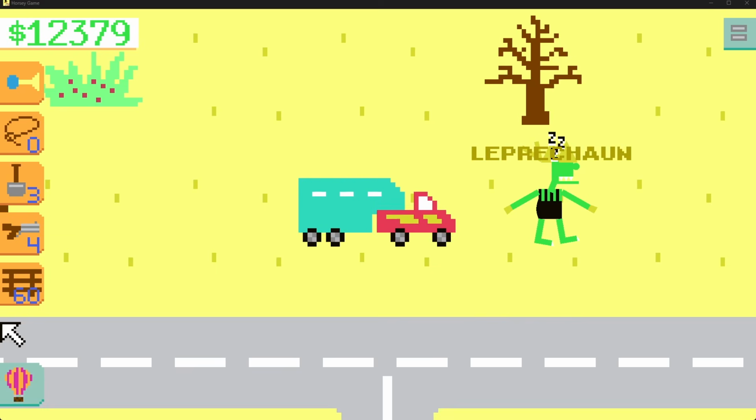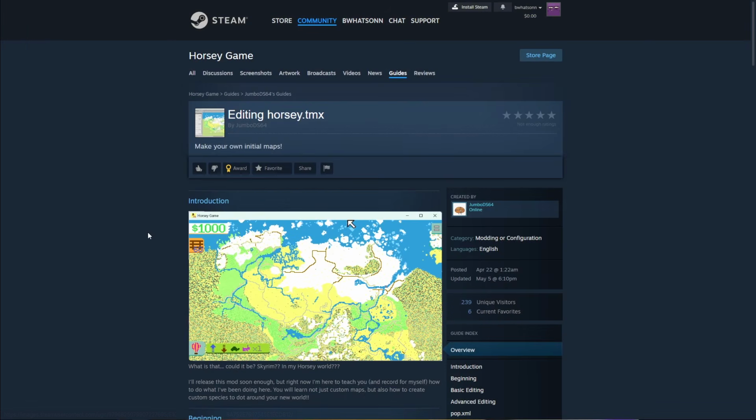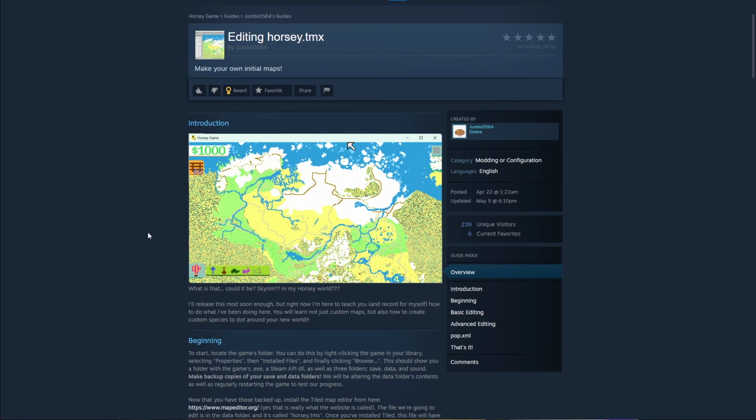What's up? Today is going to be a little different than normal. We're not going to be doing much in the game of Horsey Game itself. Instead, we will be living in the world of the internet. This is a guide on how to edit your Horsey Game map, because we're going to be making a map